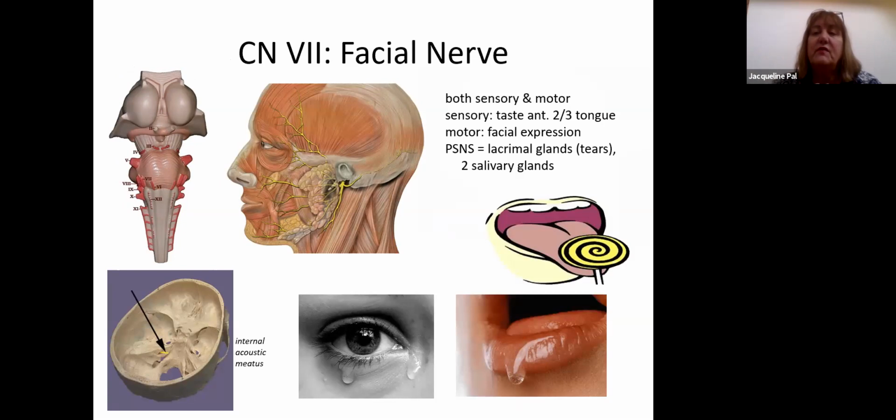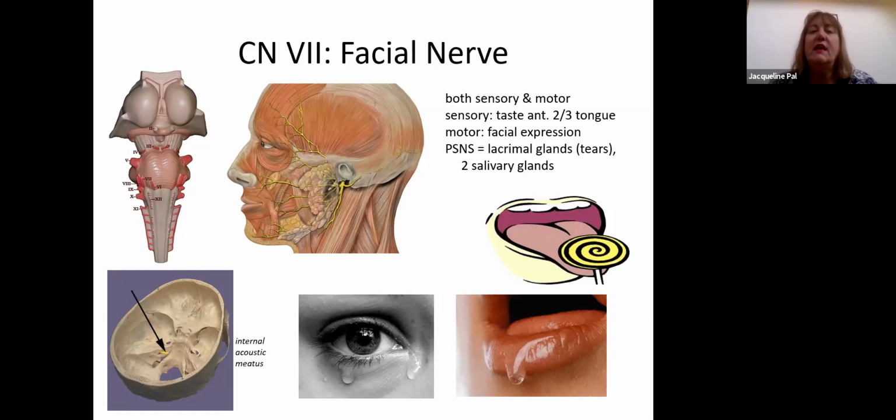And the facial nerve is a mixed nerve as well. It gives the sensation of taste to the anterior 2/3 of the tongue. So that's why the picture of the lollipop is there. It gives motor to all the muscles of facial expression. So any muscles of facial expression that you learn during lab, you also learned that they were innervated by the